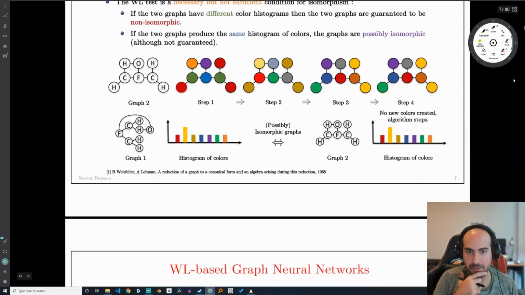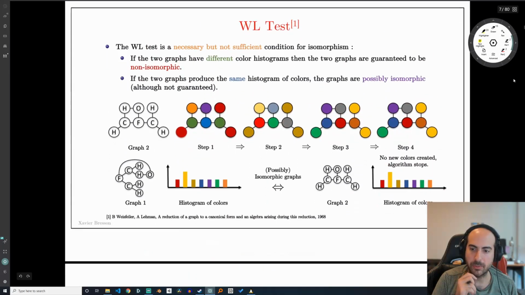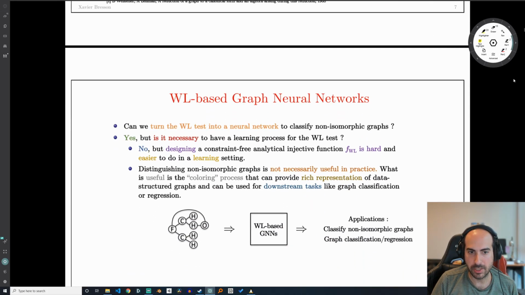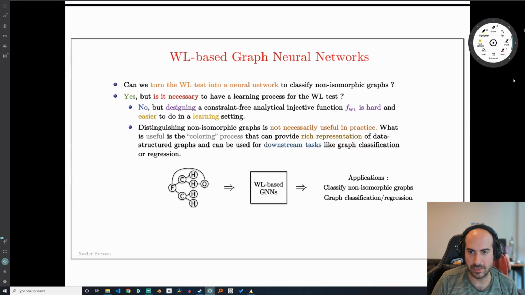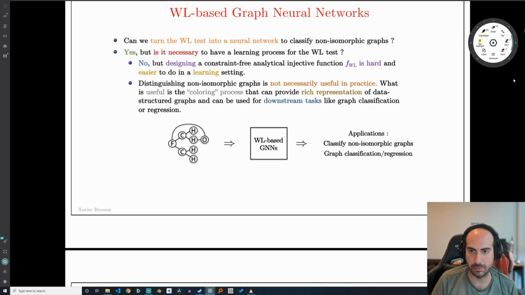All right. So how the test works I don't think is the interesting part. I think it's more that it can create a hash, and that's the main idea. So can we turn the WL test into neural networks to classify non-isomorphic graphs? Yes, but it is necessary to have a learning process for the WL test. No, but designing constraint-free is hard and easier to do in a learning setting. Distinguishing non-isomorphic graphs is not necessarily useful in practice, as the coloring process can provide a rich representation of data structured as graphs and can be used for downstream tasks like graph classification or regression. Oh, I see. So they're basically saying that